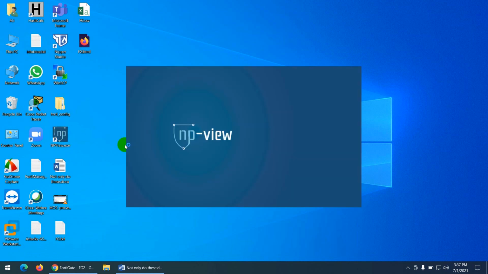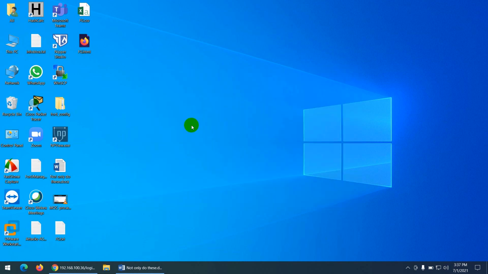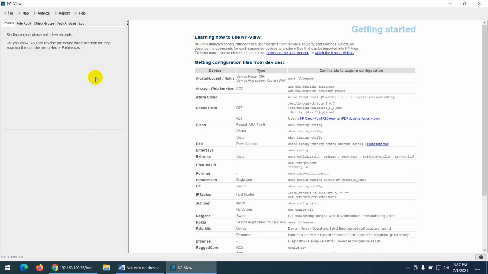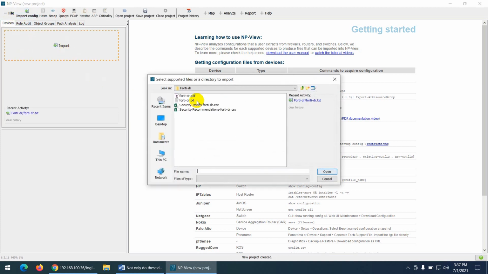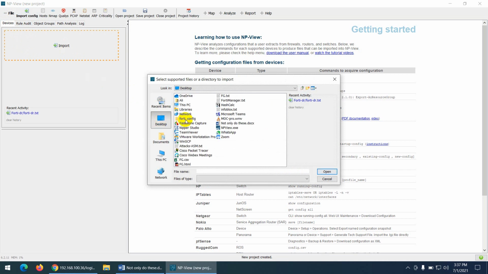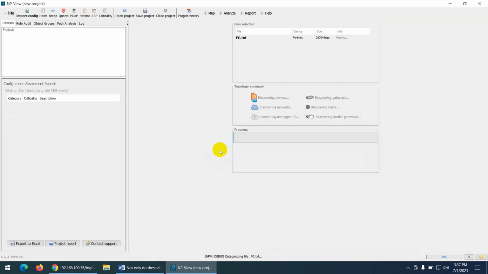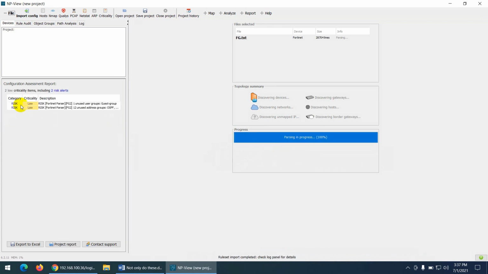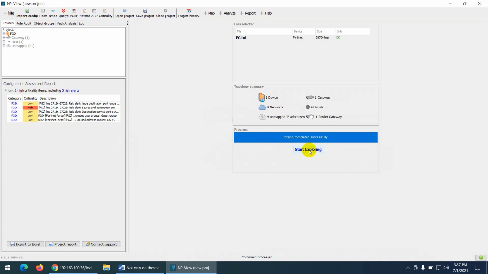Second tool is NP View. They can do the same thing, but they can provide you overall connectivity and each and everything as well. So let me show you the same thing here. If I open this NP View, okay, let me go to add and import the same file I want to import, and it was FG. Okay, it will load after a while, and it will show you all the connectivity. You look at it, there are two risks they found, and if you start, they found many others. You can export again and start exploring.